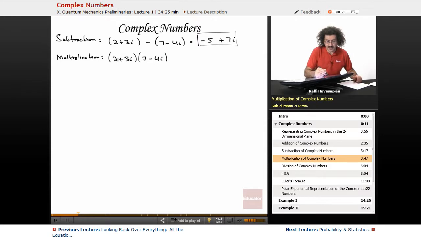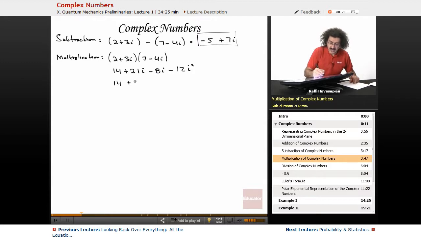Or if you want, this with this, and then this with this. How you do it actually does not matter. So 2 times 7, we have 14. And then I'll just do the inside. We have plus 21i. We have minus 8i. And here we have, this is minus 3 times 4 is 12, i times i is i squared. And since i squared is -1, this becomes